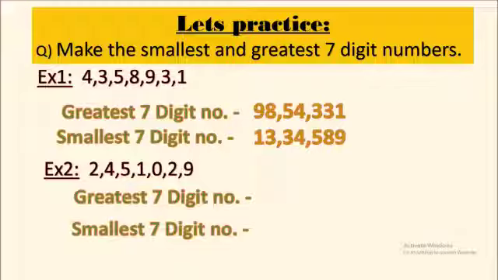So we have to place it at the second place, and the next smallest digit will be at the first place. Here the next smallest digit is 1. So 1, 0 we will be writing for the smallest number. Let's see the greatest first. So 9 first, then 5, then 4, then 2 and then 2 again, and then 1 and 0. What number will we form? Let's see.